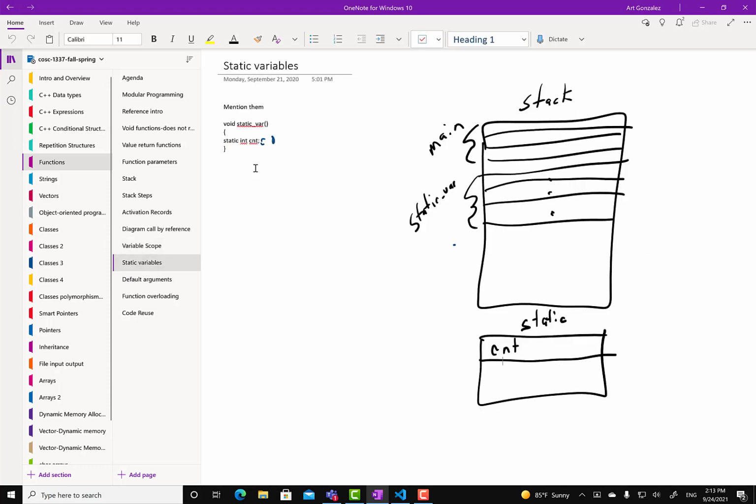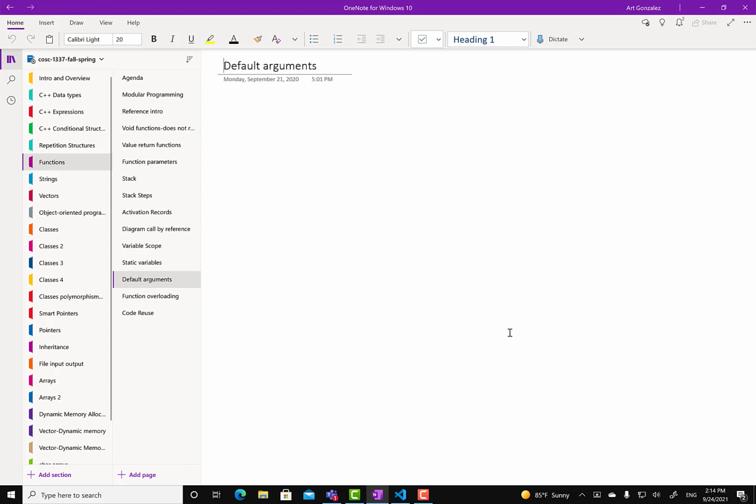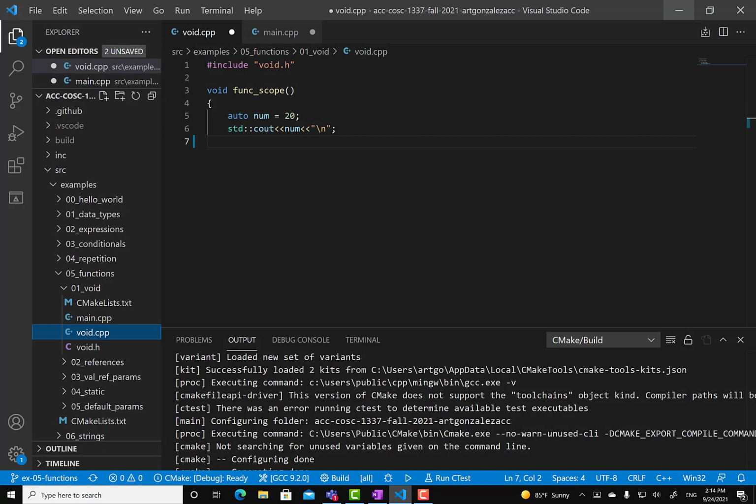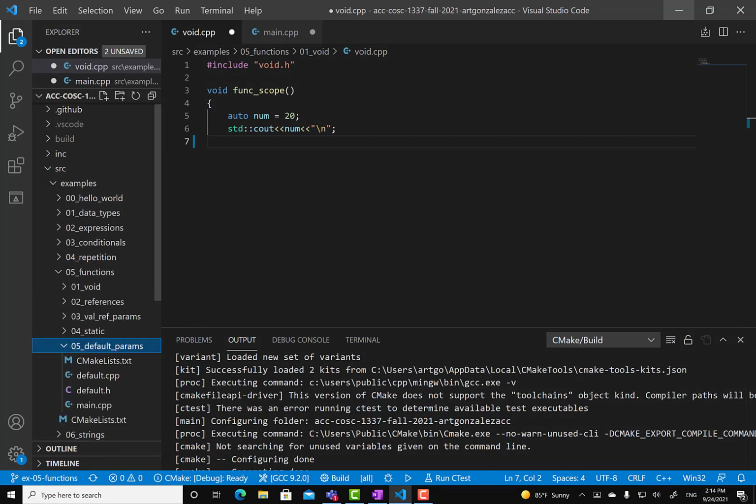lectures and homeworks. Okay, so a static variable persists, meaning it keeps its value. If we call a function 10 times, in this case, CNT will only be created 1 time. However, if we add 1 to it each time, we will eventually get the value 9 or 10, depending if we start with 0 or 1 as its initial value. Default arguments, we can assign a default value to function parameters